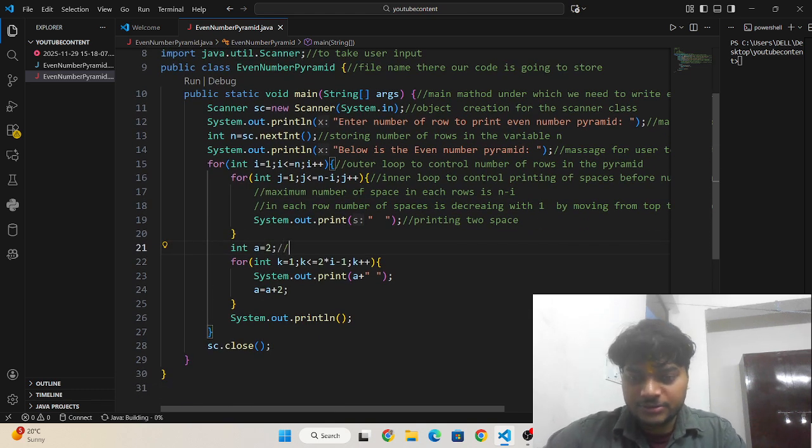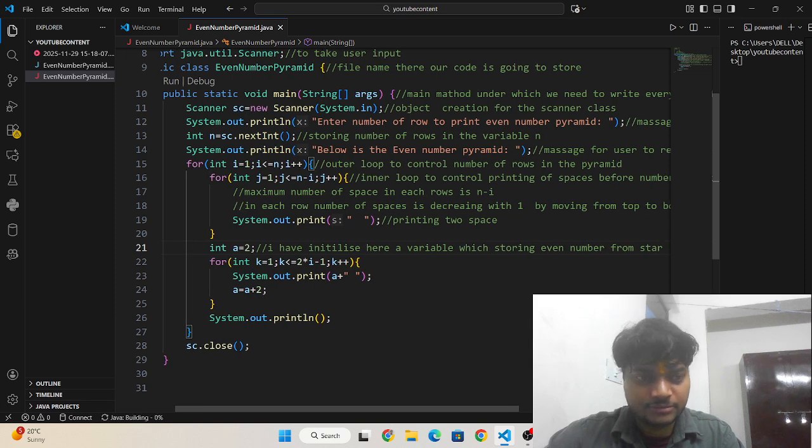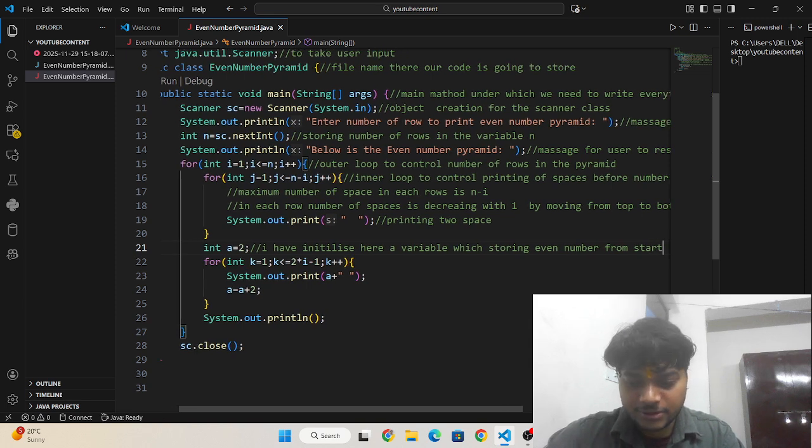And we are initializing here a variable, I have initialized here a variable which is storing the even number from the starting. Okay,